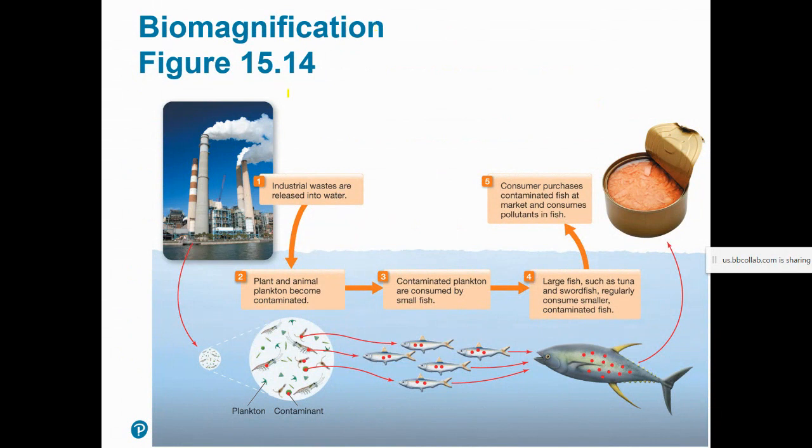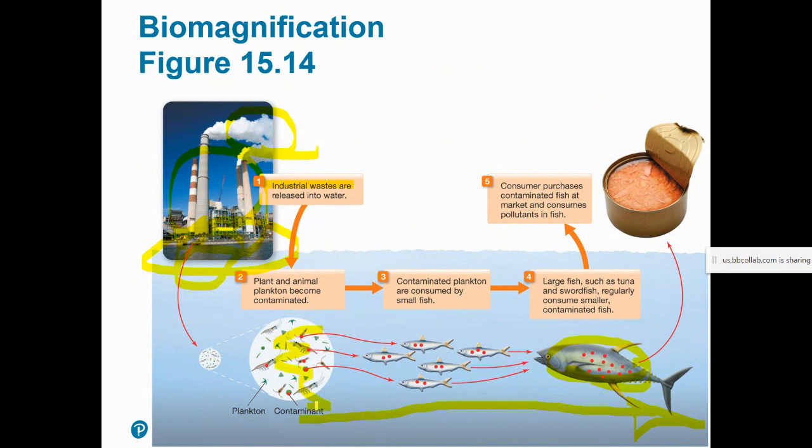Here's the picture of biomagnification. So just showing various industrial chemical pollutants. They get into the airways, they get into the waterways. You can see this factory is literally dumping its waste into the waterways. So what happens in biomagnification is as we move up the food chain to larger and larger animals, the amount of that chemical residue becomes concentrated, just simply because this larger animal eats many smaller fish, which have already eaten the plankton, which had become contaminated by this industrial waste product, these chemical residues.